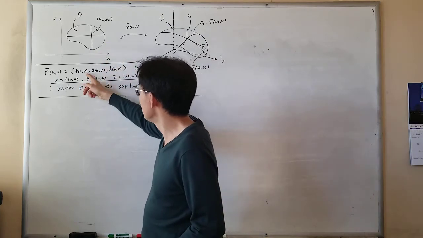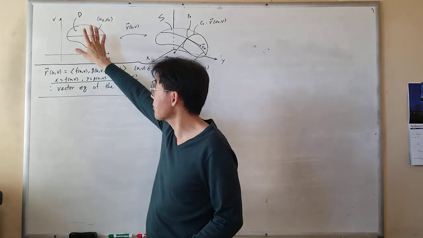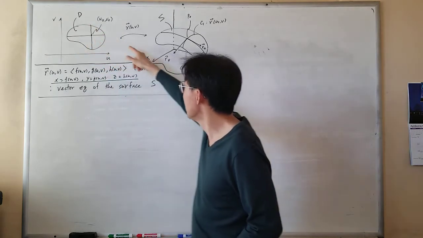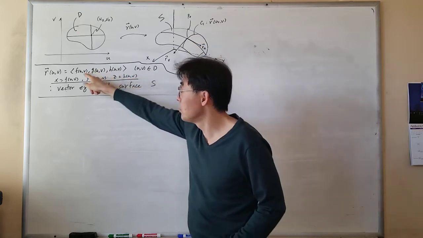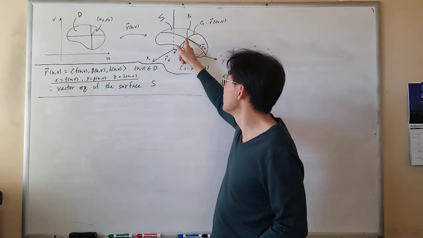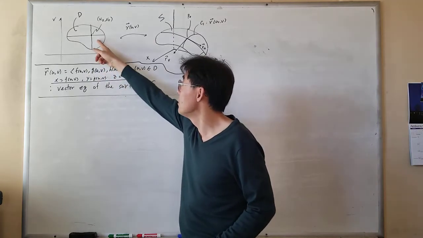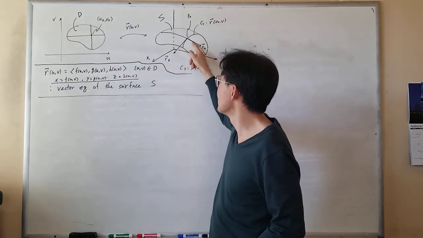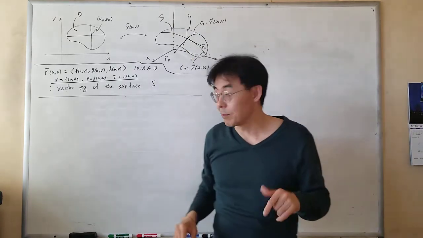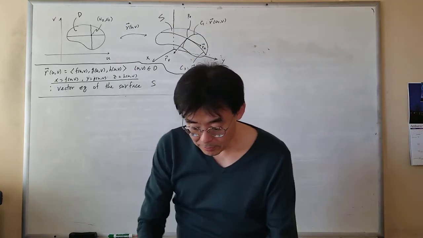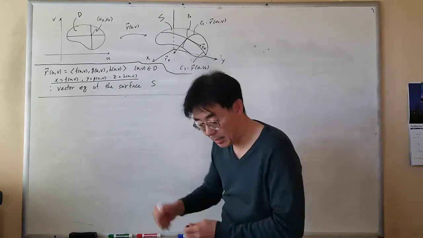So your u, v is living in some domain in the abstract uv plane. For any given u, v, you have a point. This is the position vector of the point corresponding to this u, v value, right? Different u, v values give different position points. If you collect them all, they'll form a surface, okay? So, when you're given this vector equation,